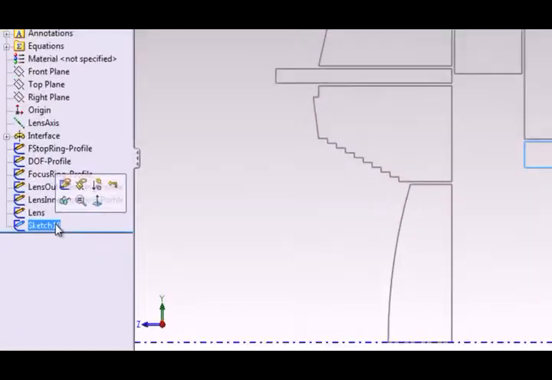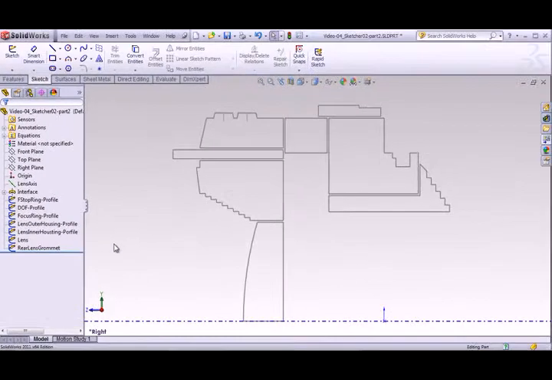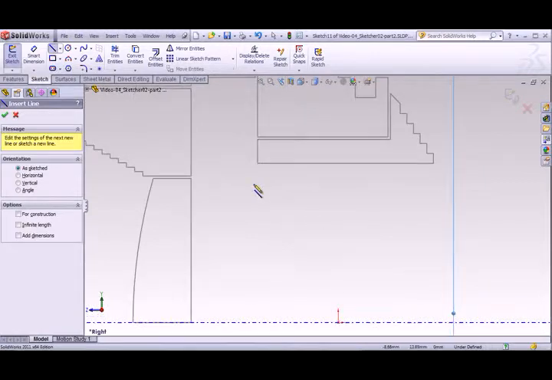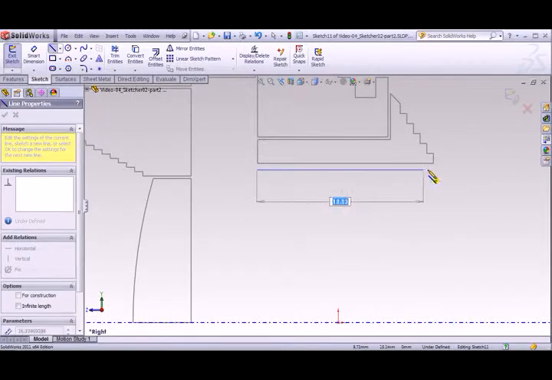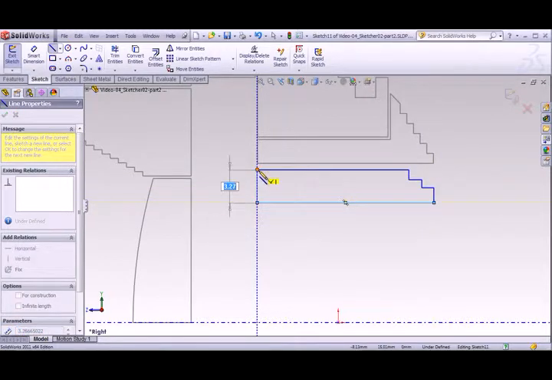So let's rename that our rear lens grommet. Now I'm just making stuff up. We have a couple more sketches, but they're going to be really simple. So let's select the right plane, hit the L key for line, zoom in a little bit, and let's start drawing this. I'm going to go across, create 1, 2, 3 stair steps, go all the way back, close that